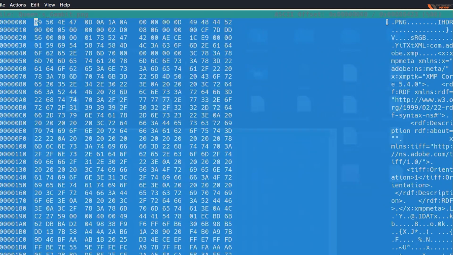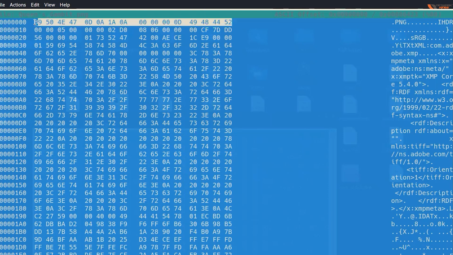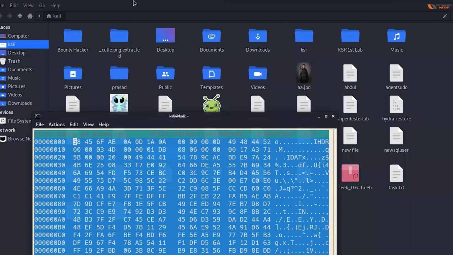So the first thing in an image when you open it up with a tool called hex editor, you see the metadata and here you will see its hexadecimal code. Now this first line, .png IHDR, how is it made? The first line represents the hexadecimal code for .png IHDR. Okay, for the second image, this is the second image, and let me open the first image once more.